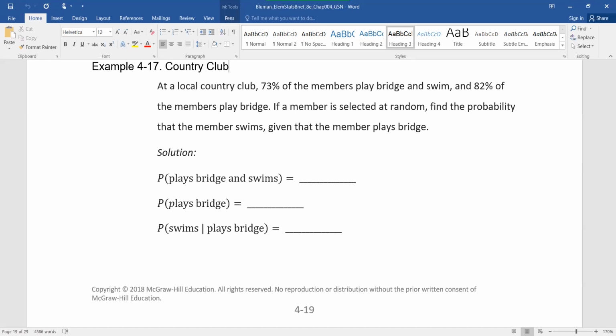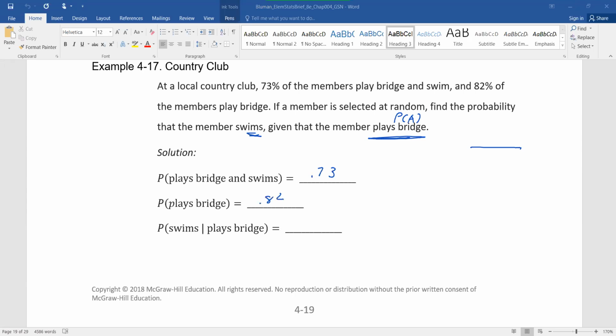All right, but a local country club, 73% of members play bridge and swim. 82% of the members play bridge. If a member is selected at random, find the probability that the member swims given that the member plays bridge. So remember that this right here, I'm trying to find the probability that the member swims given that they play bridge. So this will be my P of A, that's what goes on the bottom of my fraction. I guess it's all written out here for us. All right, so plays bridge and swims is what? 73% will turn into a decimal, so 0.73. Probability that they play bridge,